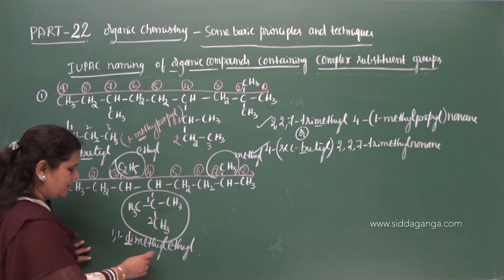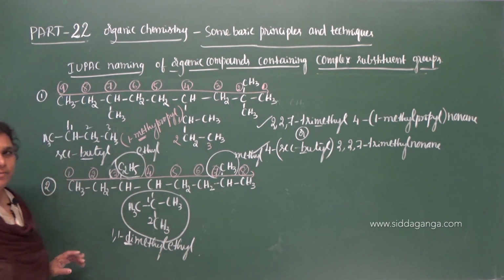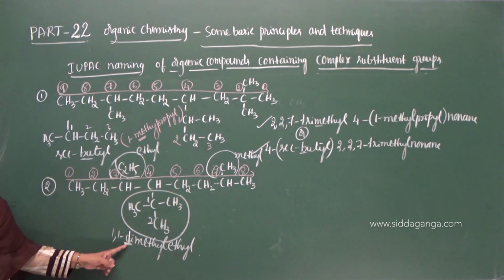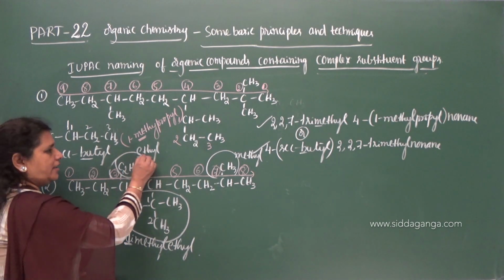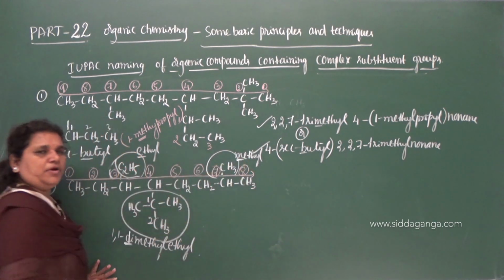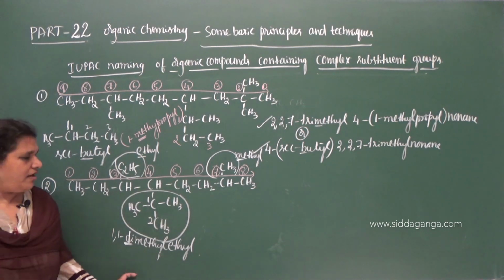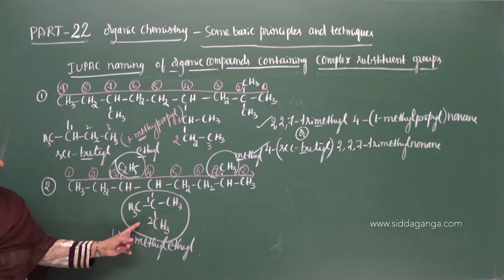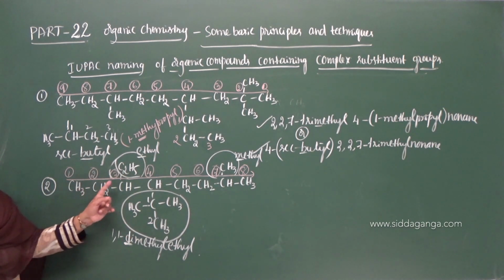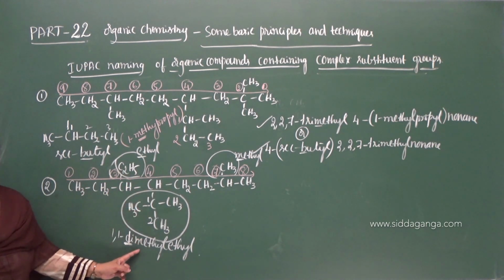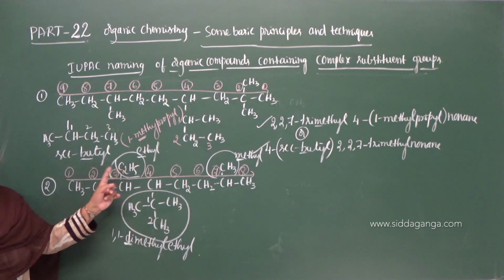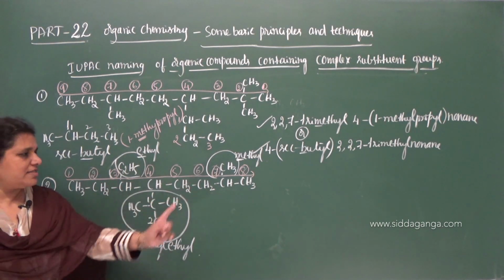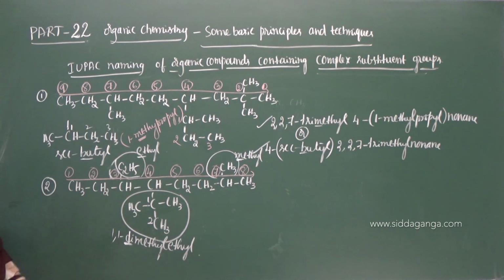The first letter of this substituent group name is D, therefore you need to consider D, and then here it is E and here it is M. Now arrange them in alphabetical order. Which comes first? Definitely this comes first. On the 4th carbon we have this substituent, on the 3rd carbon we have ethyl, and on the 7th carbon we have the methyl group.